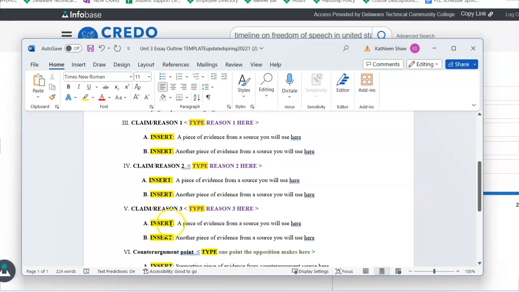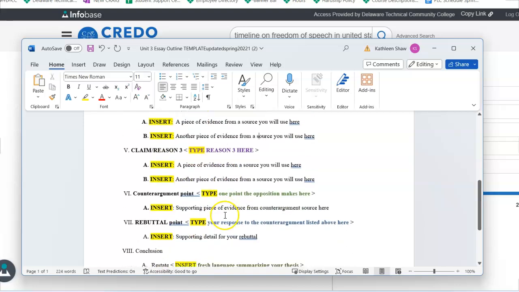So even if you only have 1 piece and you decide not to use the second, that's fine, but you do want a piece of evidence for every claim you make. And you're also going to need a piece of evidence for your counter argument. So in this section, you're going to list your counter argument and you do need a source for it. So if you do not yet have a source for the counter argument, that's something that you will need to